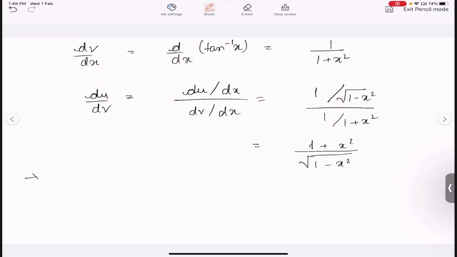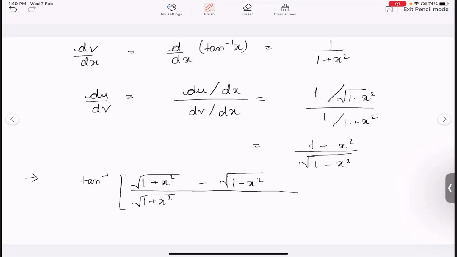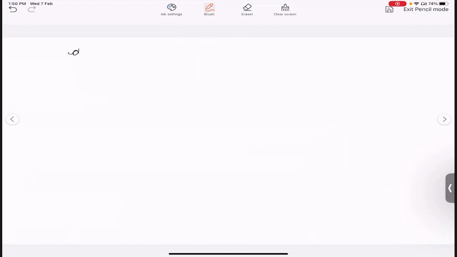So let's say we have tan inverse of (1 plus x square) by (1 minus x square), and here we have 1 plus x square and plus 1 plus x square, and we have to differentiate it with respect to cos inverse of x square. So here it is our u, here it is our v, so we have to find du first. So du by dx will be equal to